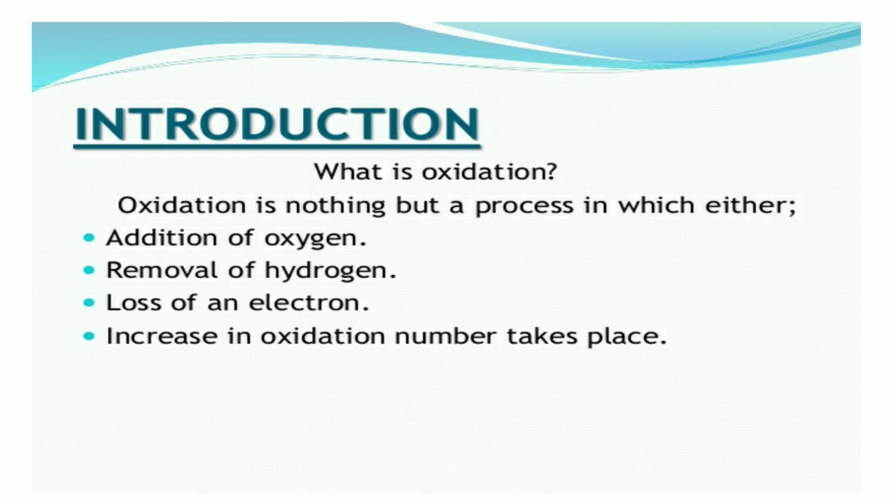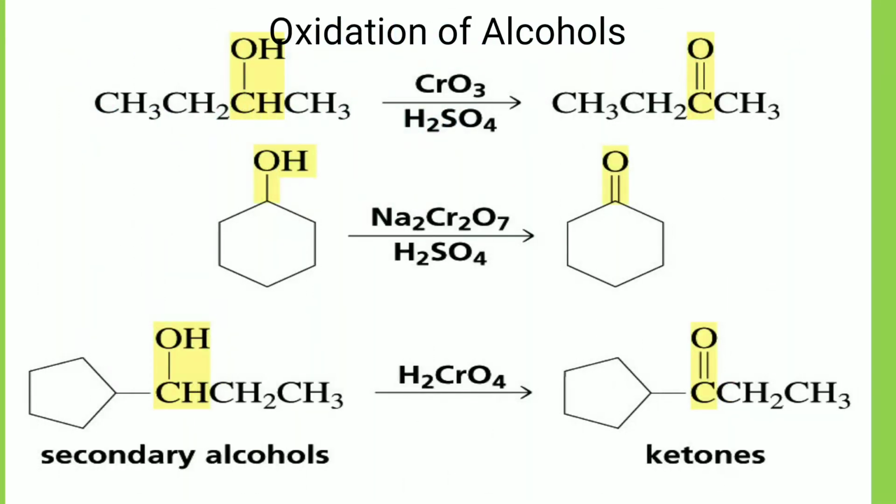Okay, and what is the oxidizing reagent? That means the reagent which oxidizes others and itself is reduced is called an oxidizing reagent. So let's start with the oxidation of alcohol. Here, chromates are the oxidizing reagents. In reduction, the reducing reagent contains hydrogens, and here in the oxidation process the oxidizing reagent must contain oxygen.